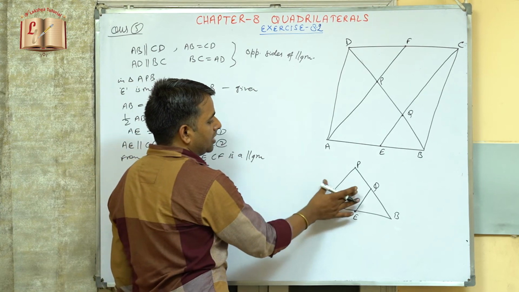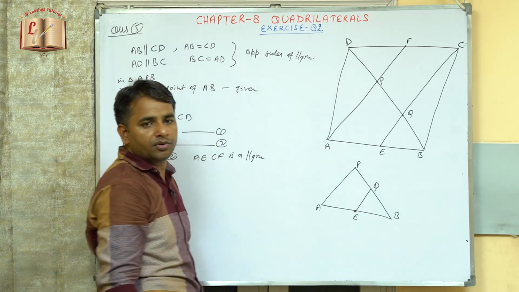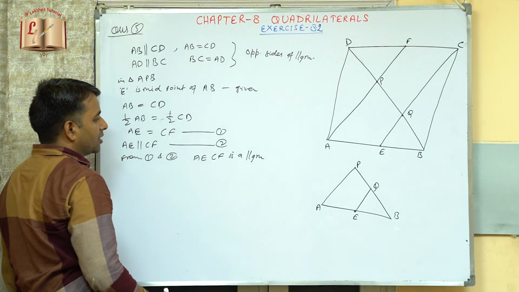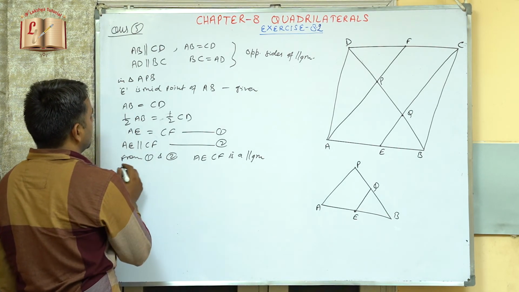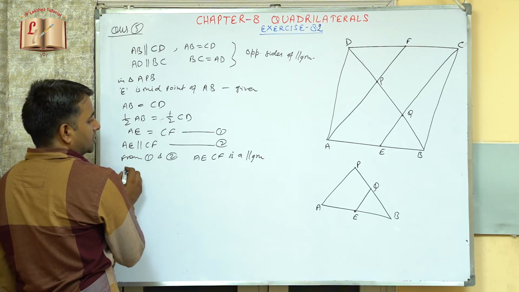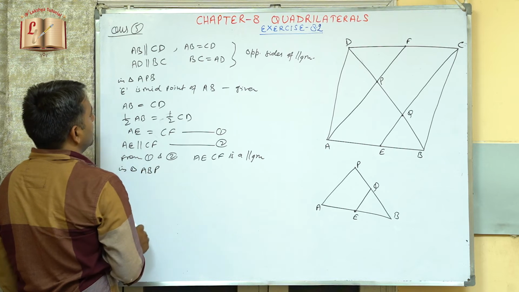So in this triangle also we got EQ. EQ will be parallel to AP because these are the parts of the parallelogram, these parallel sides. So now we can take up these triangles. So now in triangle ABP,